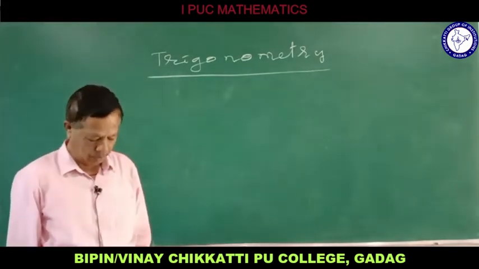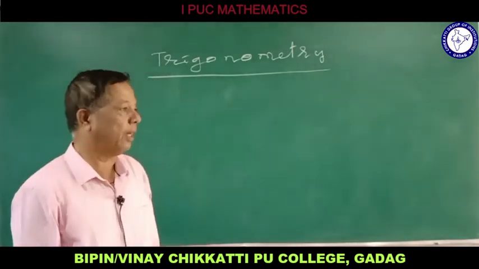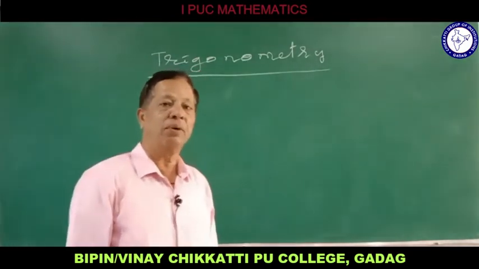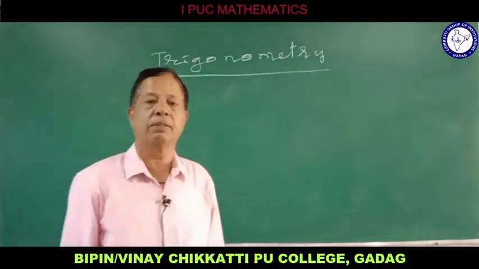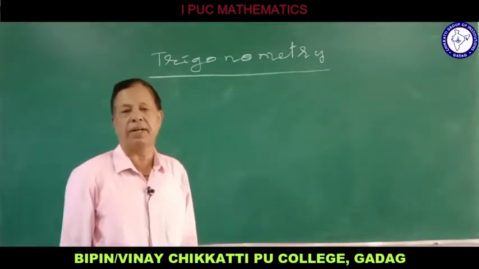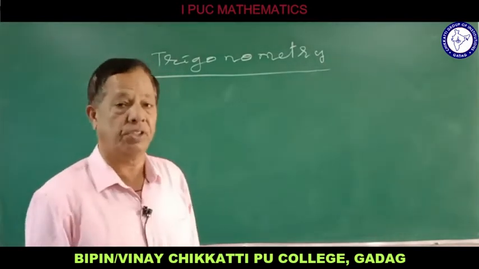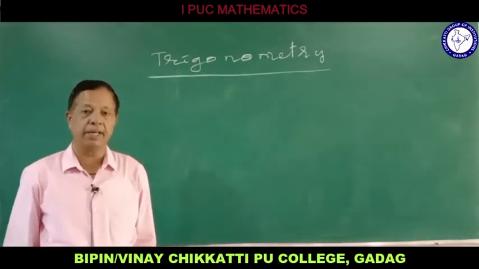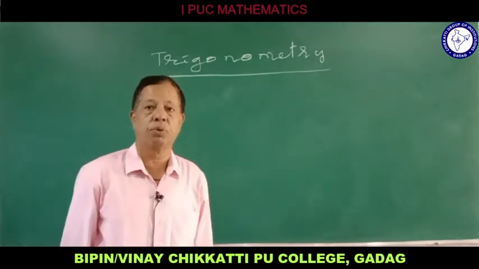But here we see that it is about measuring the angles and the problems related to these angles. Trigonometry deals with the measurement of angles of a triangle and the problems related to these angles. That is called trigonometry. In depth, when you think of trigonometry, it comes from 2 Greek words,